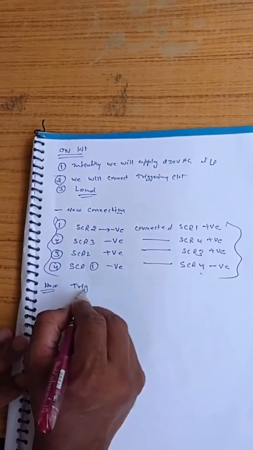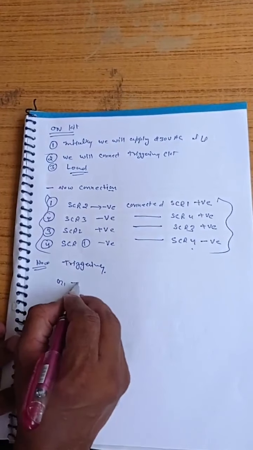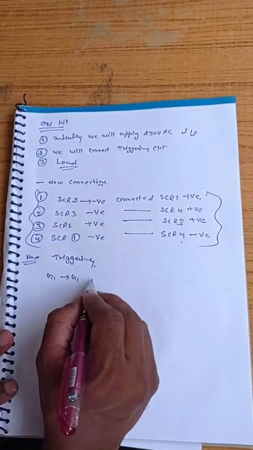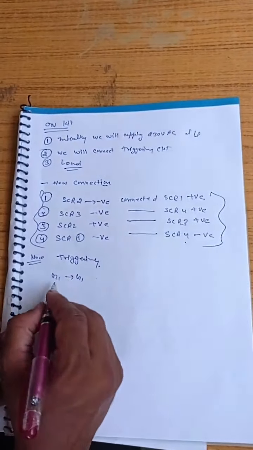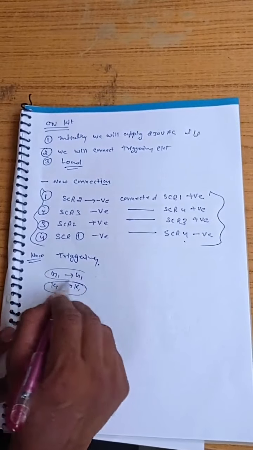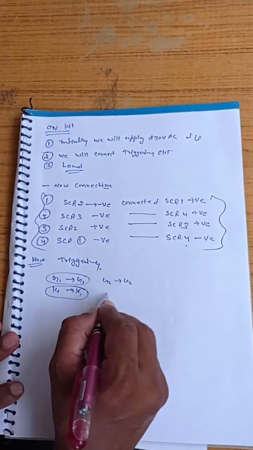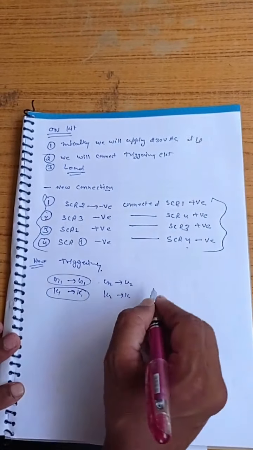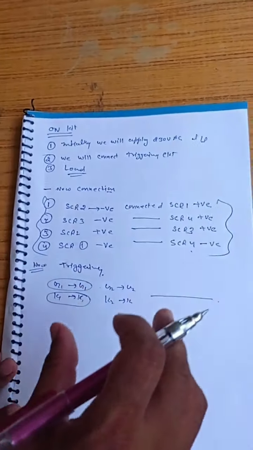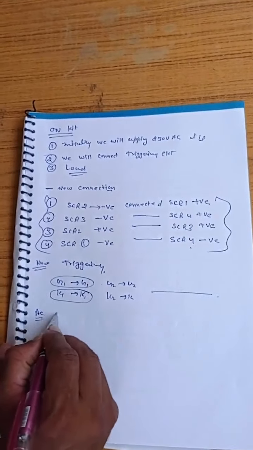Now the triggering function. Simply connect G1 to G1 and K1 to K1 of the SCR, the same notation connected to the same notation. This is the SCR and this is the triggering point, so they will be connected to each other, the same as G2 to G2 and K2 to K2. So we will make all the connections in the practical. We have to design the bridge and apply the trigger. Now the third point is the AC supply.